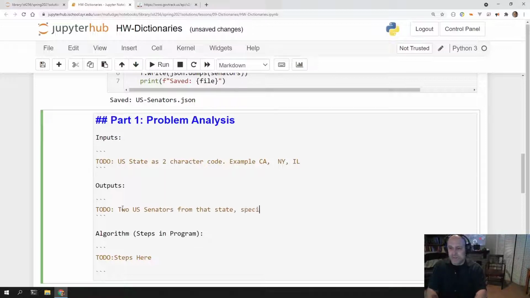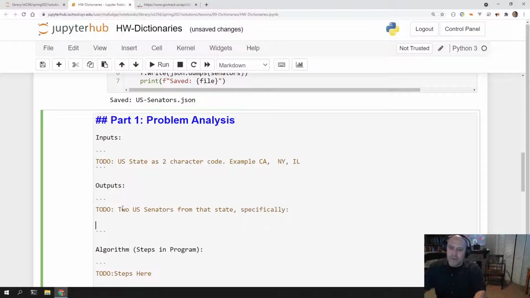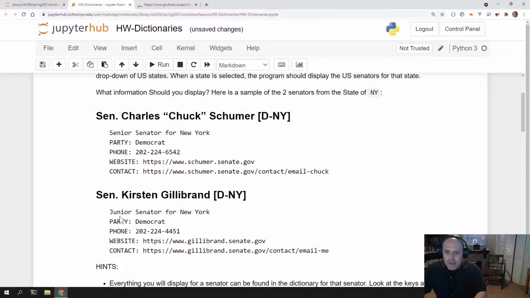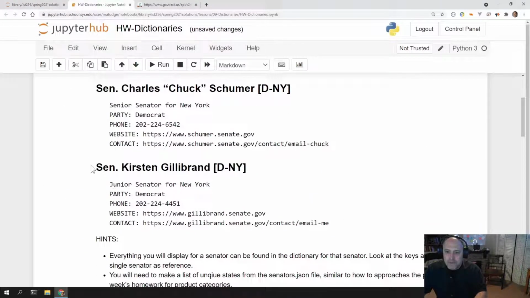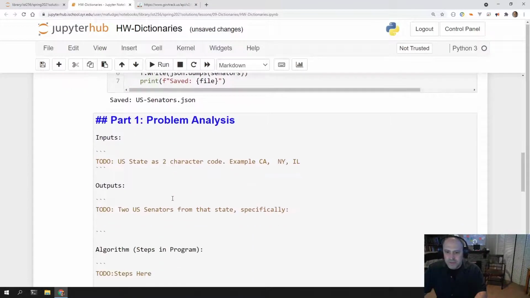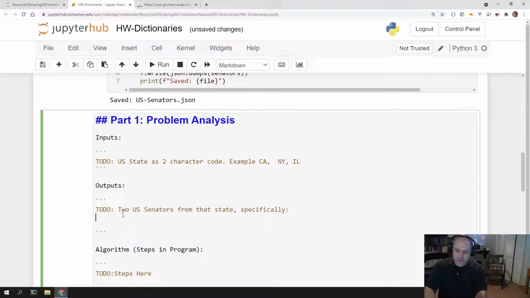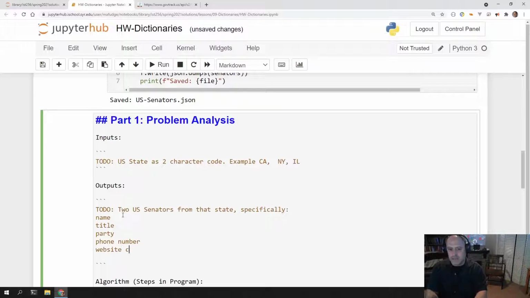Specifically, if we look through the sample above, I want their name, their title, their party, their phone number, their website, and their contact information. So I want their name, title, party, phone number, website, contact info. I'm going to have to find these